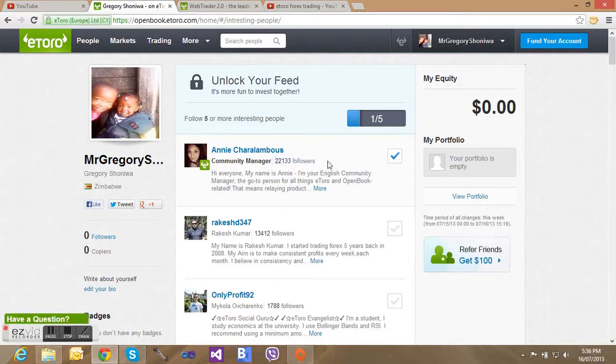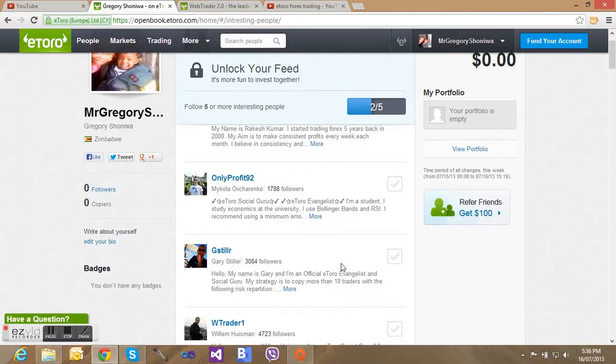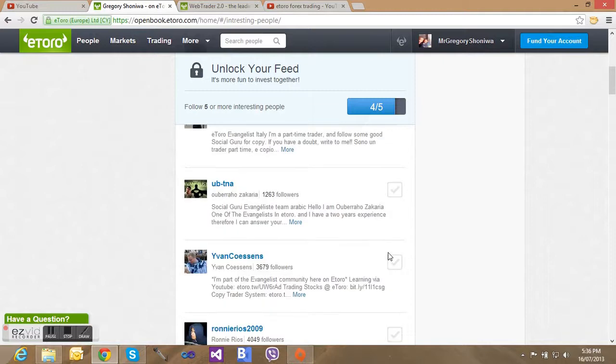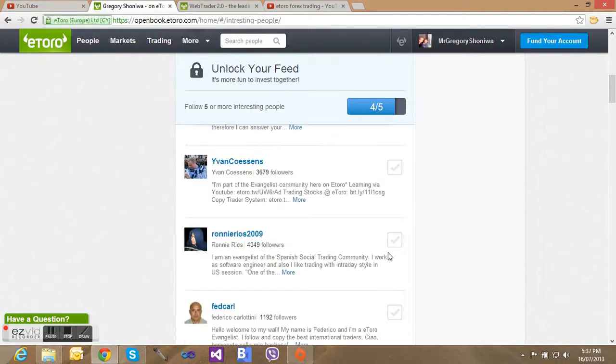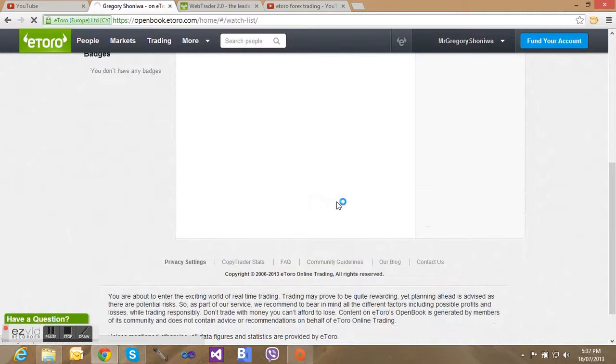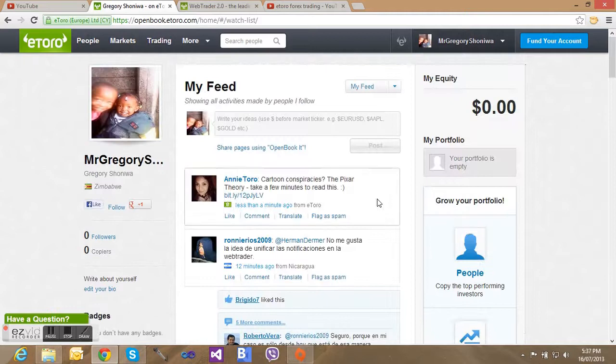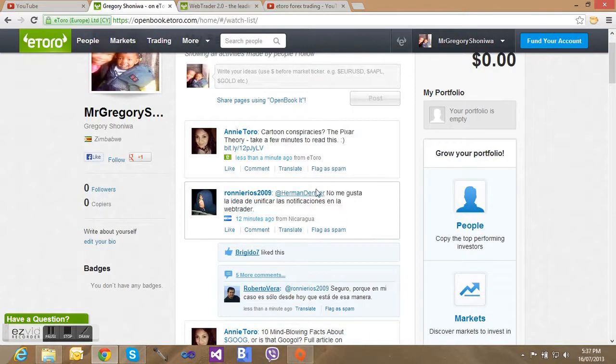Here it shows some of the top followers who have great potential of making winning trades. So I'm just going to take the basic top 5 so that every feed that comes through, at least I'll have a heads up on people who are experiencing the market, so I won't lose my money very quickly. Okay, so I guess it's finished, and I'll probably be getting a lot of feeds from these people,